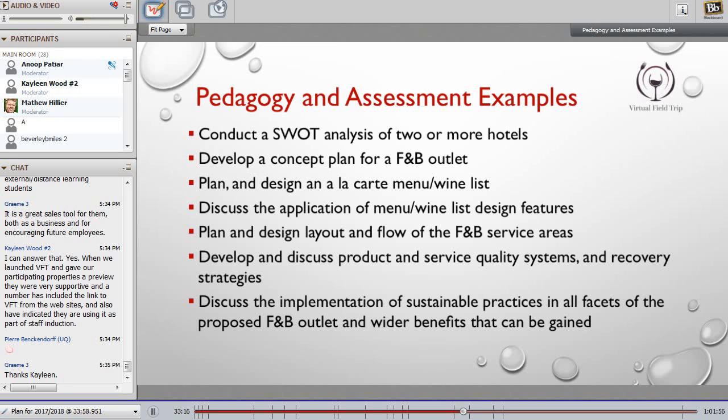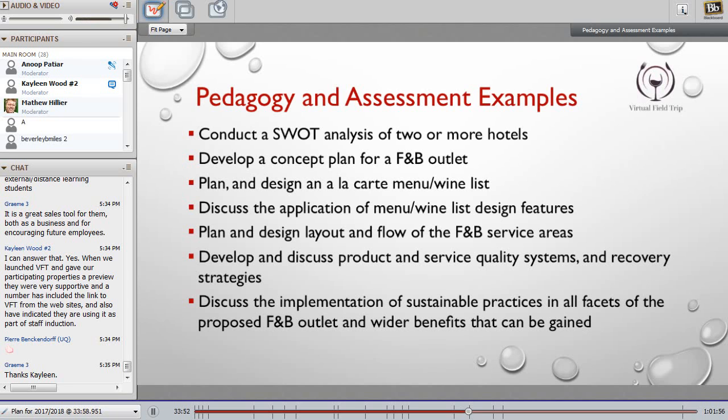The other items included here are related to quality systems and service recovery strategies. There are aspects of sustainability which they have to embed in the entire operation, and the information for these last 2 points is embedded in the interviews with the senior executives in the hotels. These are also embedded in the resources led by EarthCheck about sustainability.